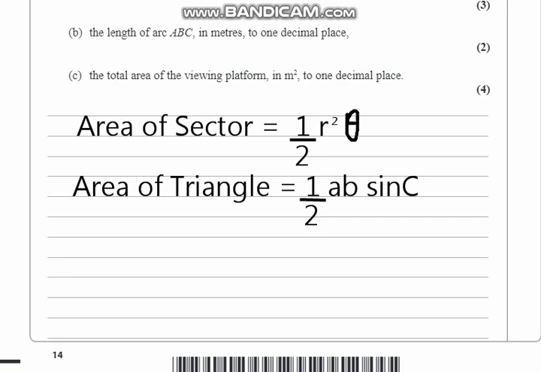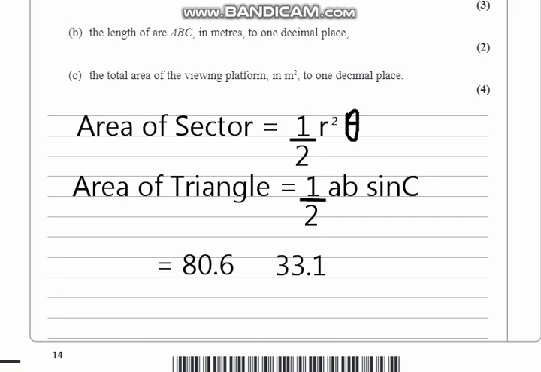That's half into r, which is 6, and theta is 4.47, that was 2 pi minus 1.805, so that will give me a value of 80.6. And for the area of the triangle, the sine C angle would be the angle A. So we'll find it by adding 1.805 and 0.43 and subtracting from pi again. That will give us 0.91 to one decimal place, and just plug in the values. A will be 6, B will be 14 if you remember from the triangle, and our final value will be 33.1 when I plug those values in.